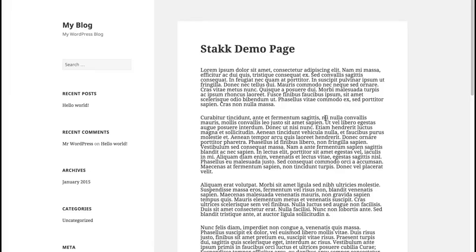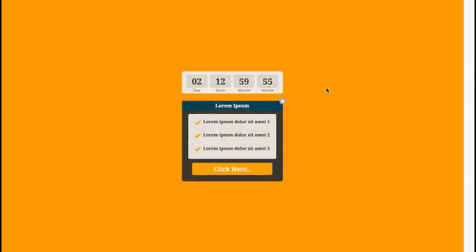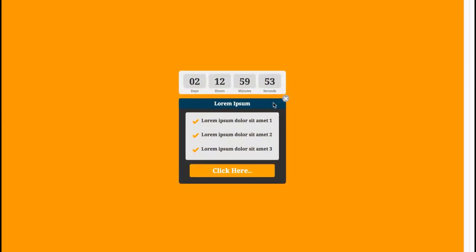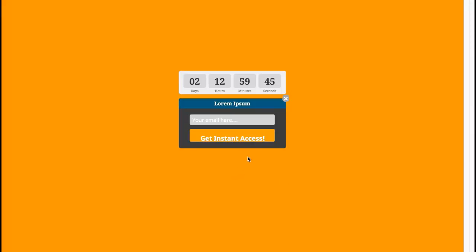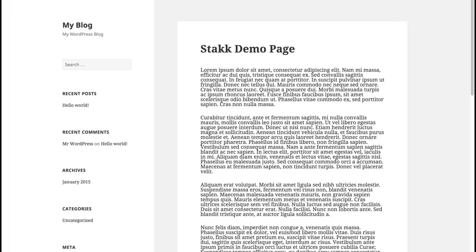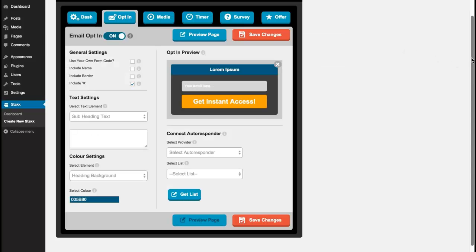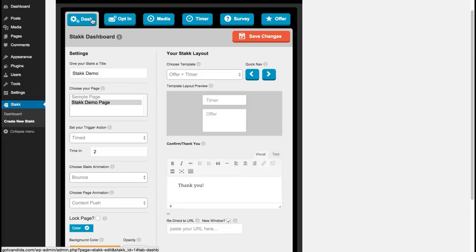So we have the 2-second timer on, so it'll show the animation and the bounce animation for the stack itself. As you can see, the timer shows, we have a feature list, and then when the call to action is clicked, it'll go through to the email opt-in form, as you can see. So we'll close that off, go back to our stack,